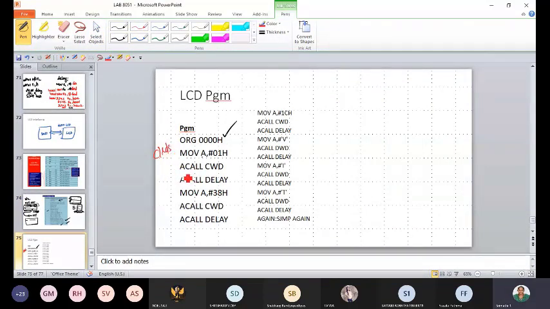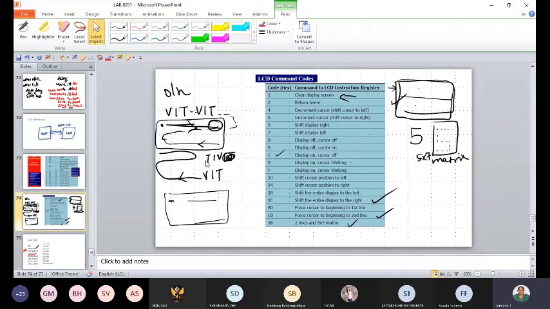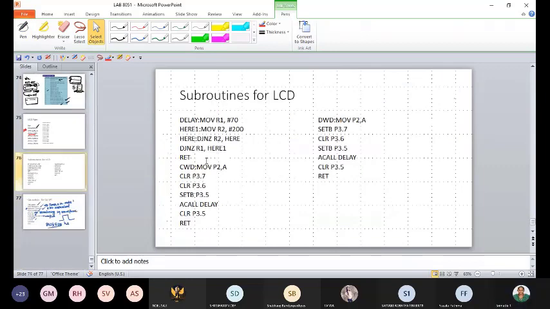Call command word is a subroutine that should be called. Where is your command word? Here. Okay, so MOV P2, A. You are moving the accumulator to P2, that is 01.